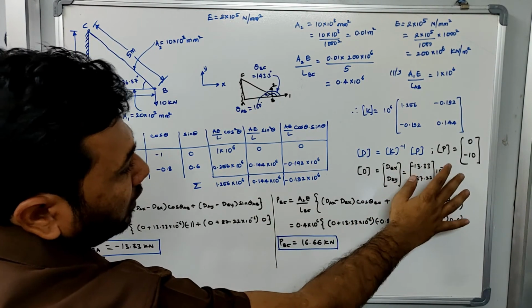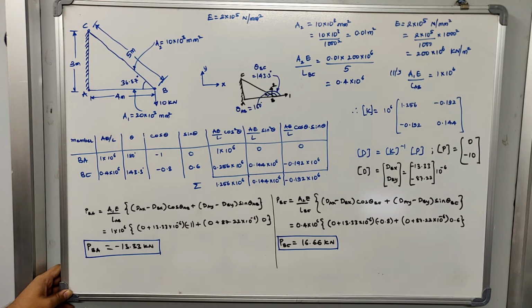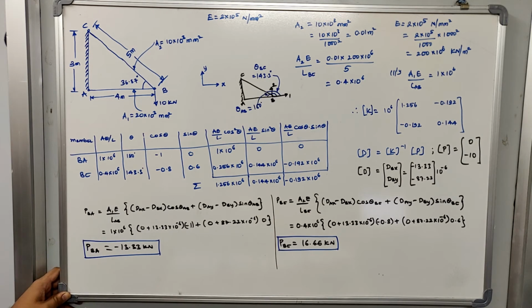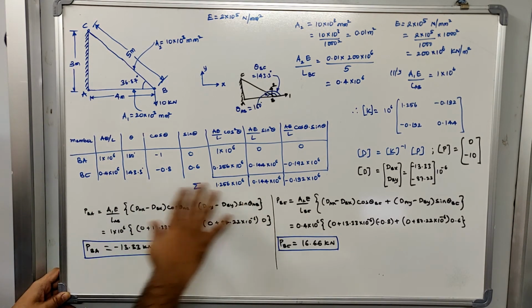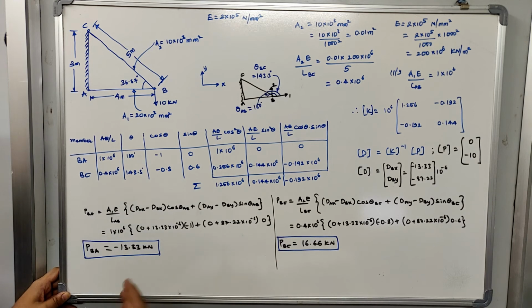Okay. So now when you calculate these values, the next step would be to solve for your forces. So forces in member BA, we need to solve, and the force in the member BC. Now let us first look into the forces generated at the member BA. First, I hope you all remember this equation that we have solved previously. In the previous video, I had solved the derivation of this.